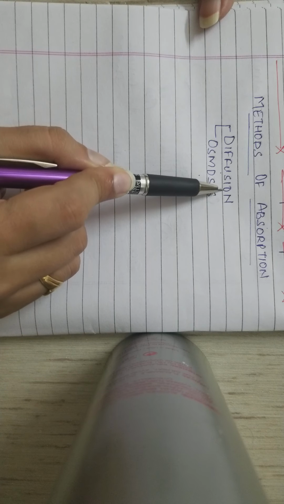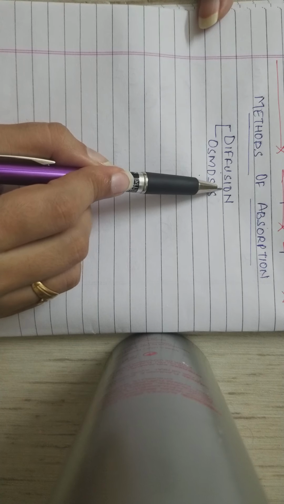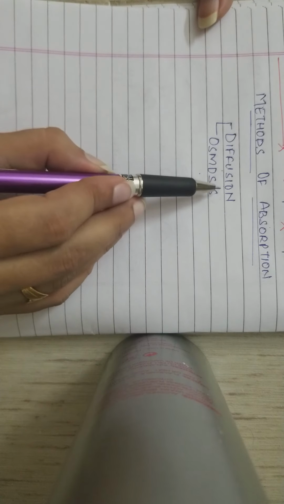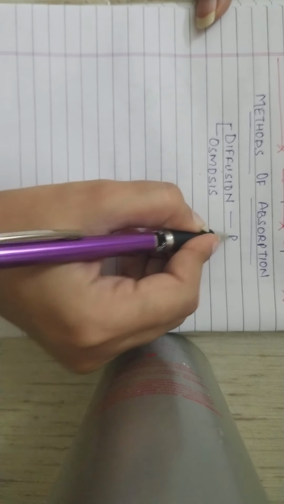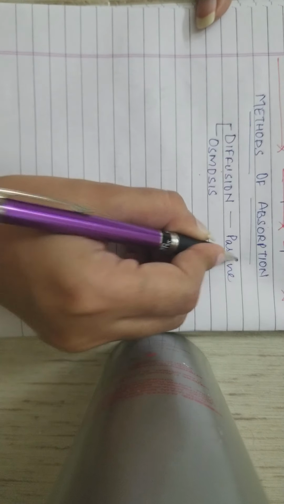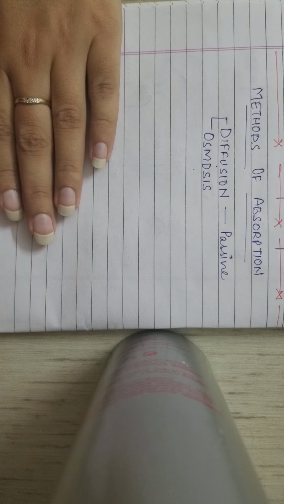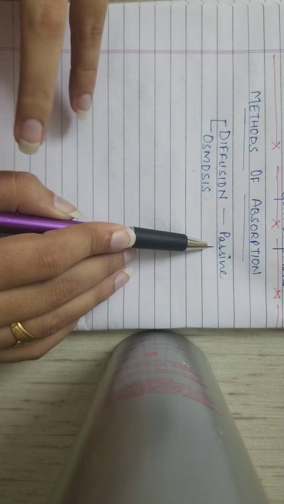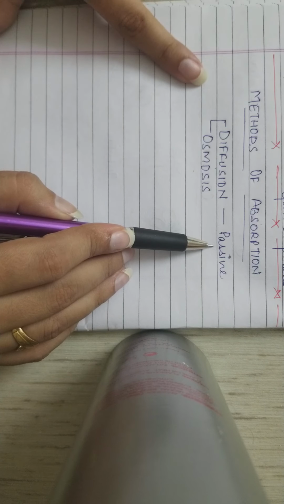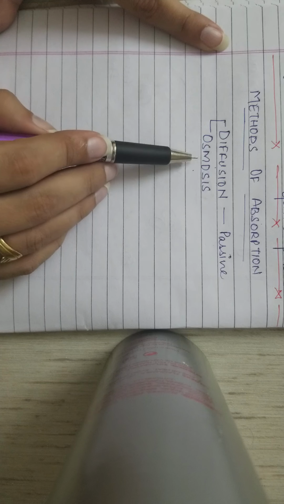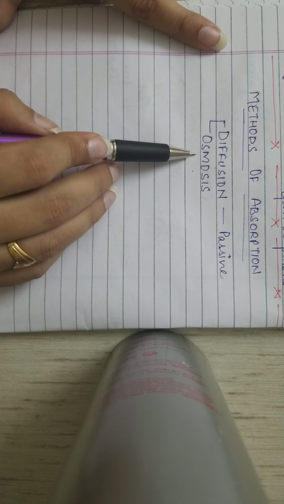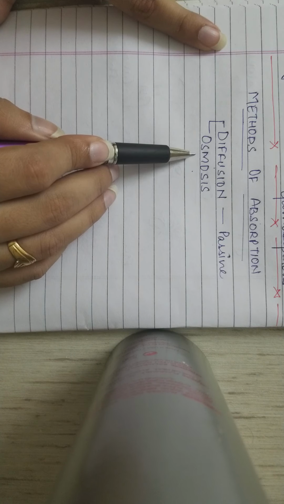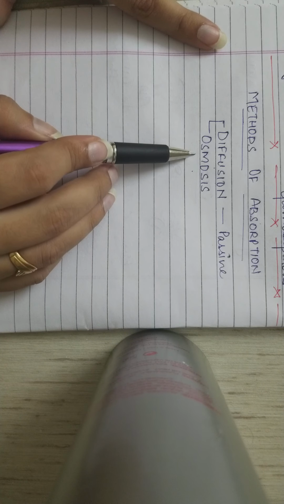region of low concentration. Region of high concentration is when the water molecules are more in number, and the diffusion which takes place is a passive transport. By passive transport we mean that they don't use energy, it is taking place without the use of energy. Now osmosis is the movement of the water molecules, that is the solvent molecules, from the region of high concentration to the region of low concentration.